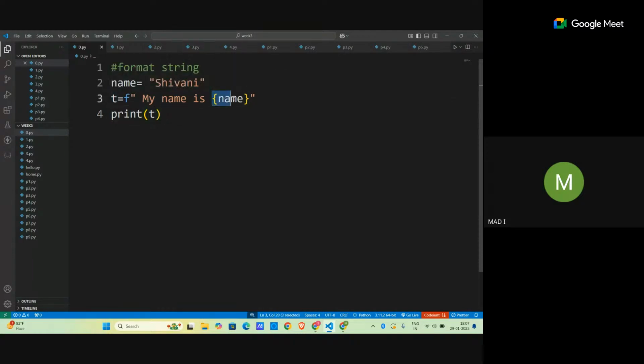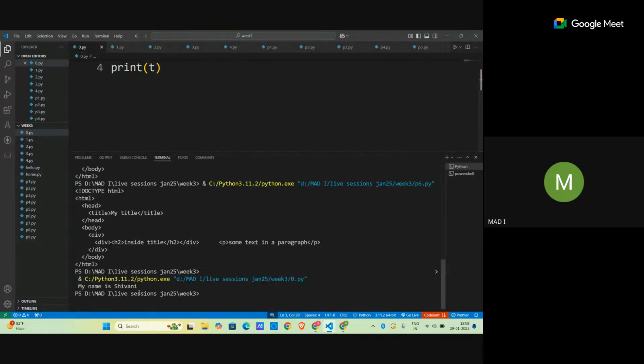So this is my variable over here. I want to change the data at this place. For this, in case of format string, we use single curly bracket. You can consider it as a container or a placeholder which stores the value name. According to the data, it will take the values. Okay. Now when I run this,